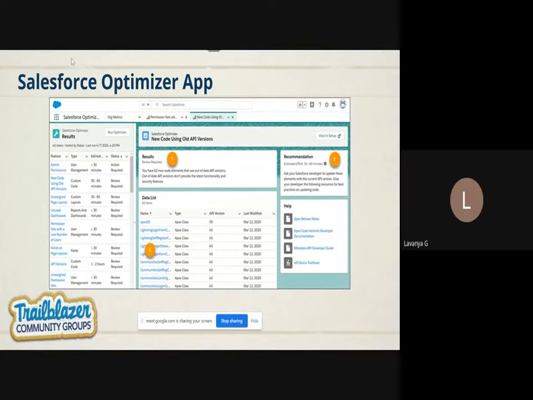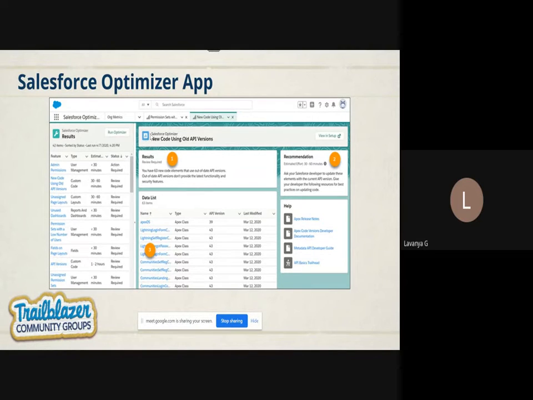So we'll quickly see the other updates. I will show you the details here and then quickly jump into the demo. The next option is the Salesforce Optimizer application. So you already know this is not new to Salesforce. Earlier it was available as Optimizer, but in the PDF form. But right now they are providing the application specially for Salesforce Optimizer, so that you can easily enable this application through the setup page. Once it is done, you can see that application in your console, and then you can execute that.